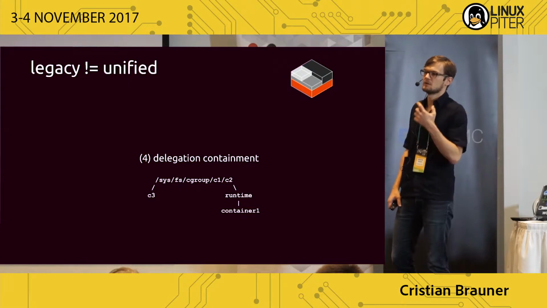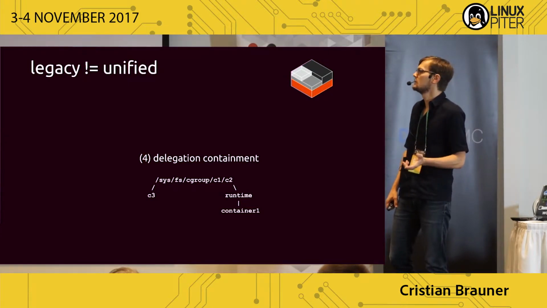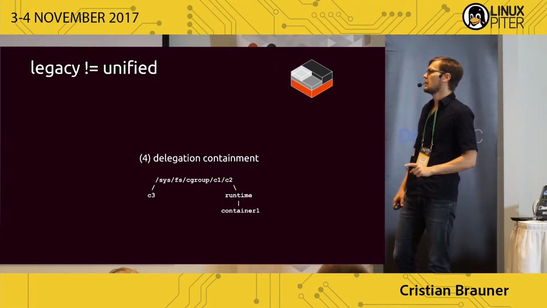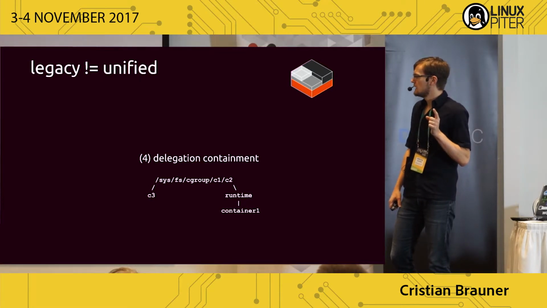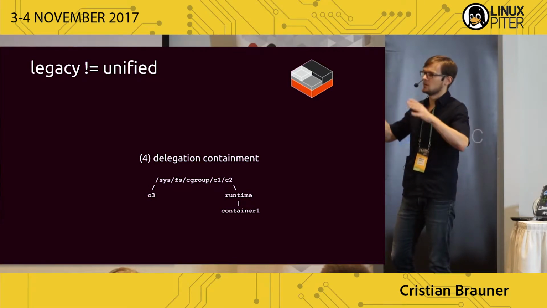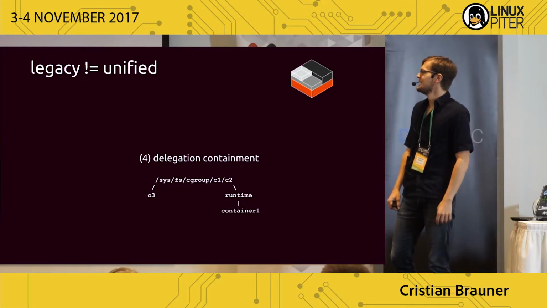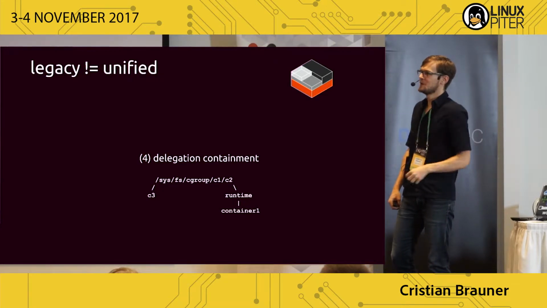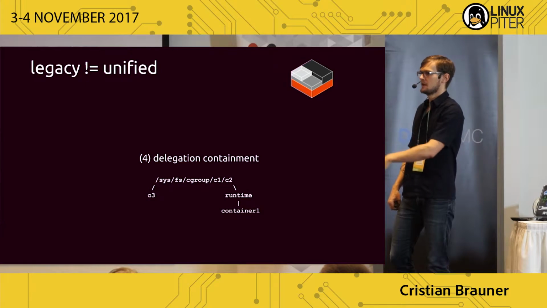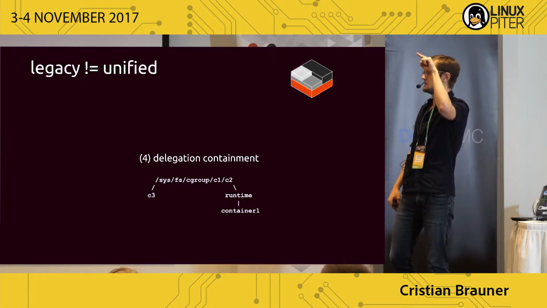One of the requirements is, for example, that you need write access to the cgroup.procs file. You need write access to the cgroup.threads file we saw before. If you want to do proper resource delegation, you also need write access to the cgroup.subtree_control file. And then you still run into the problem of this internal process constraint, meaning you cannot